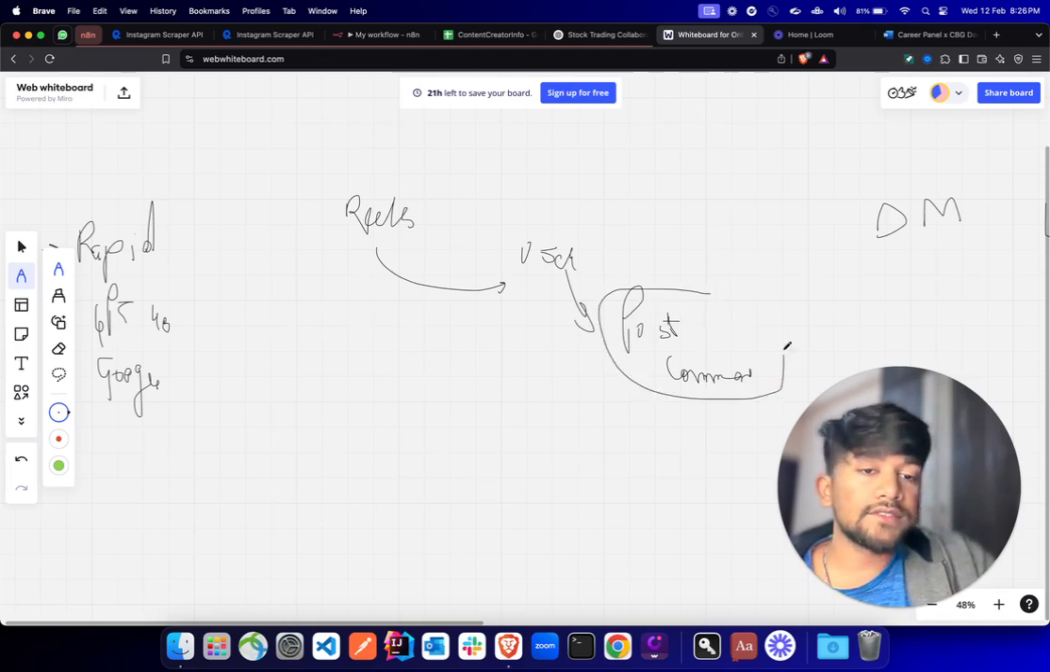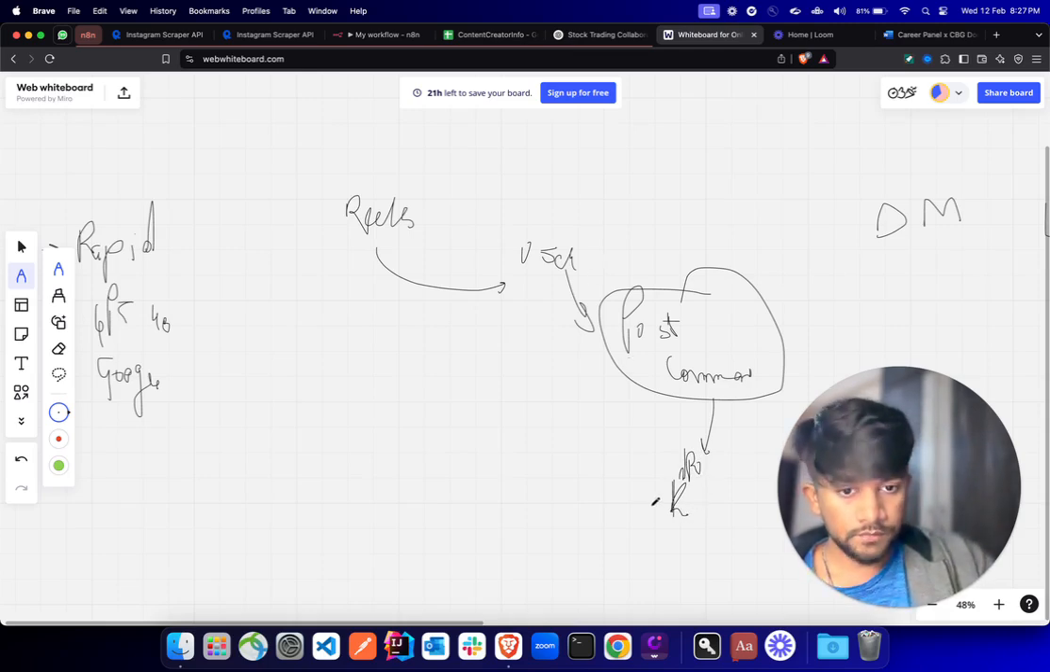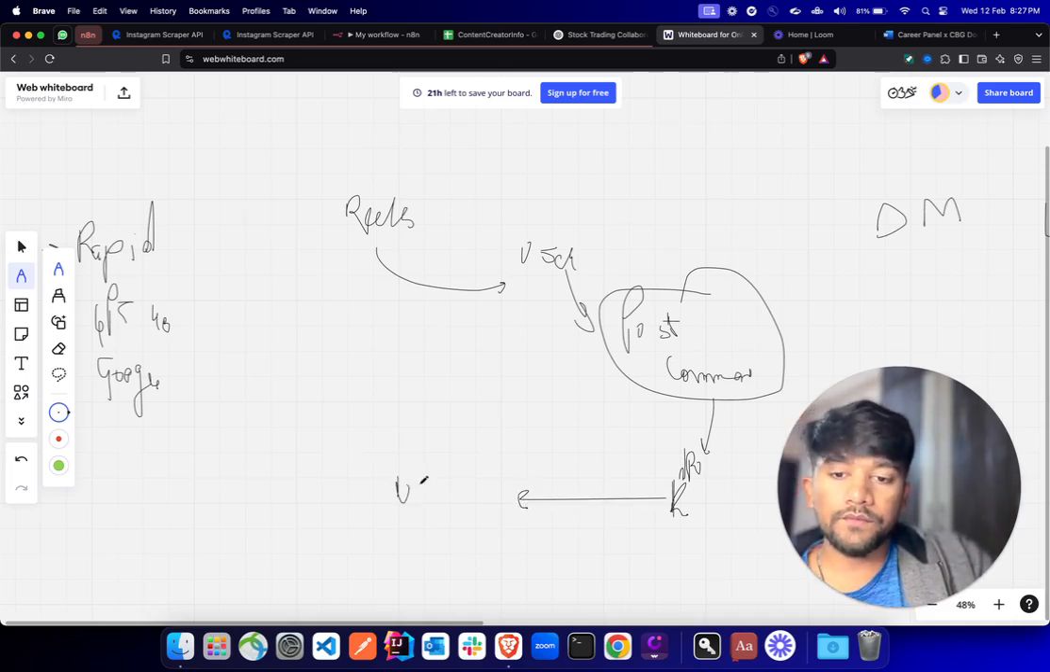We're going to analyze this data. If this user is related to a niche, we are going to compare it with the keyword. Alright, so this keyword, K for keyword. We're going to compare this user with the keyword. If the niche is the same, then we're going to get the user info,